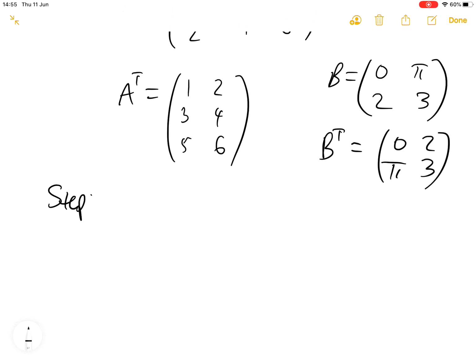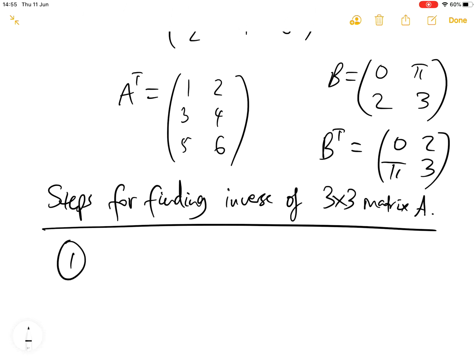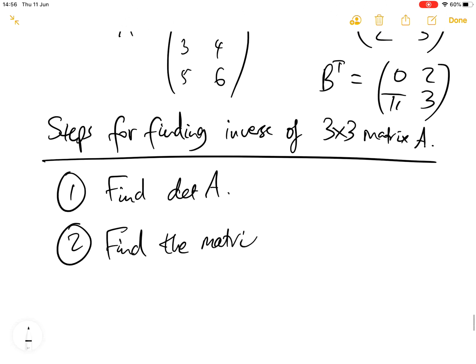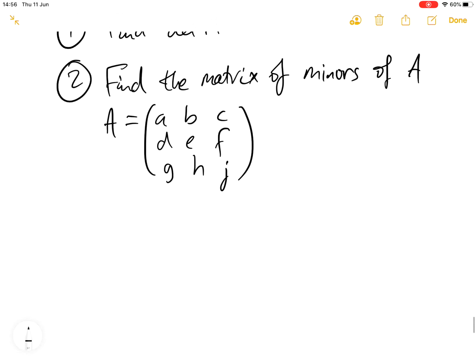So, steps for finding the inverse of a 3 by 3 matrix A. Number 1, find the determinant of A. We did that, I think, 2 lessons ago. Number 2, find the matrix of minors of A. And remember, if A is A, B, C, D, E, F, G, H, J, then the matrix of minors